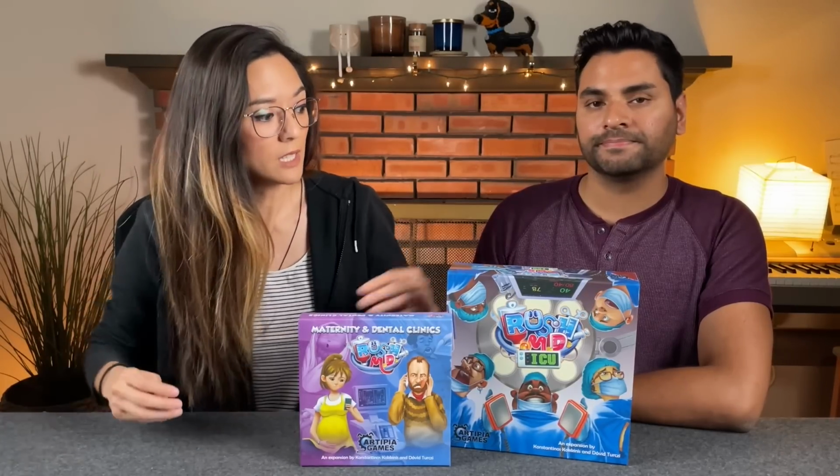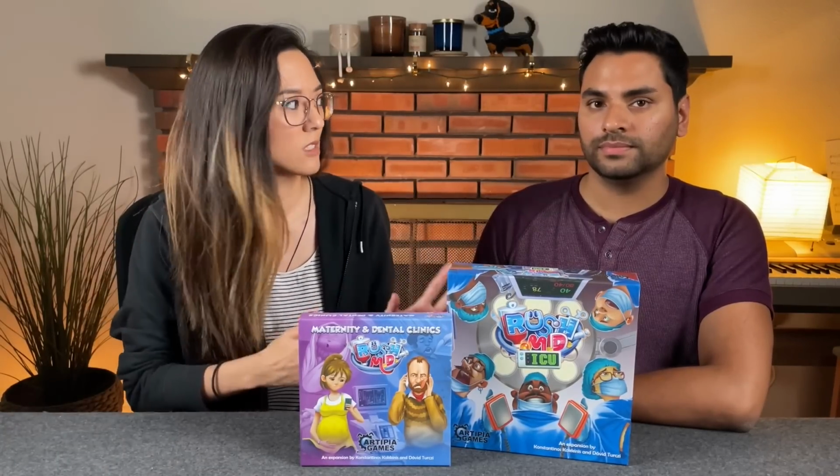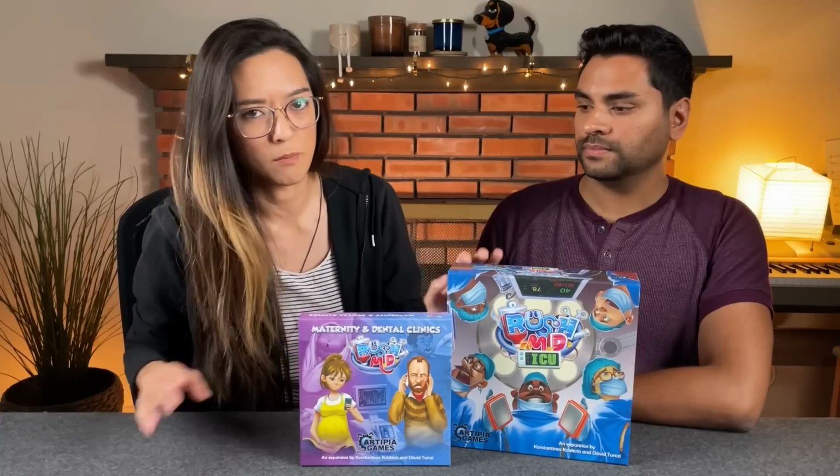Specifically in the ICU expansion, you have an ICU department. For people who are not familiar with these terms, it's an intensive care unit. They're usually the most sick of all the patients. The new thing is when you pull these patients from the hospitalized deck, this expansion doesn't come with any outpatient cards, by the way. Whenever you pull those patients, you have to admit them directly into the ICU and then stabilize them